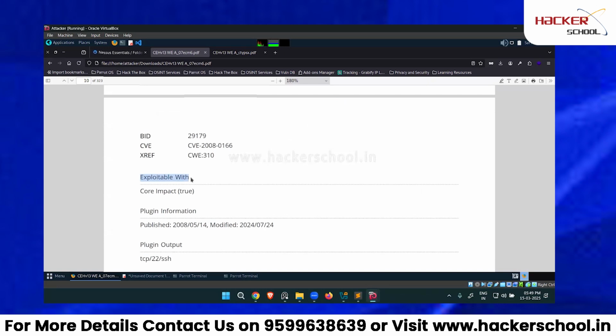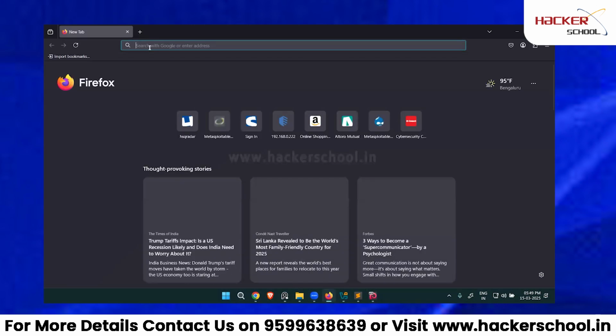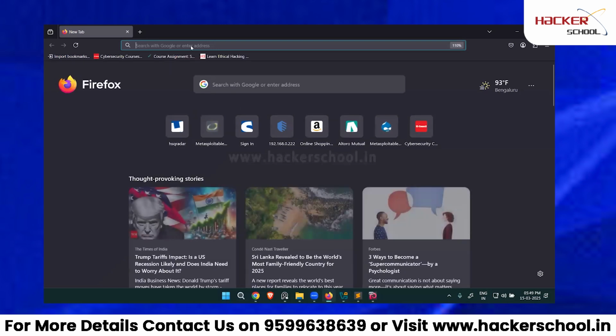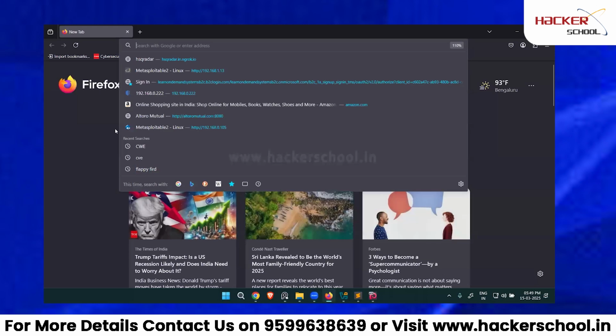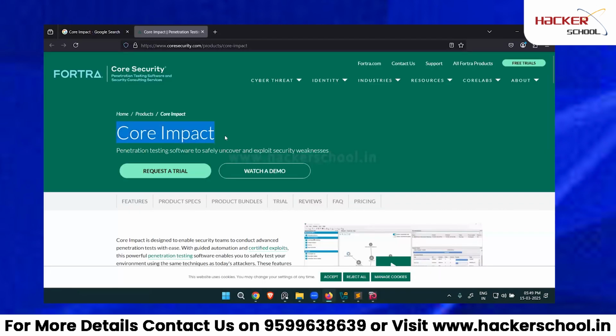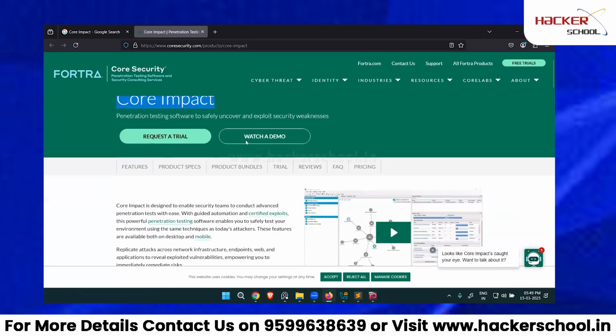There is a tool called Core Impact. Generally, organizations use this tool. It is not a free or open source tool; it is a paid, commercialized product. Core Impact, Canvas, and Metasploit framework are the three most widely used tools for penetration testing. Core Impact is from Fortra, that is Core Security. So you can see